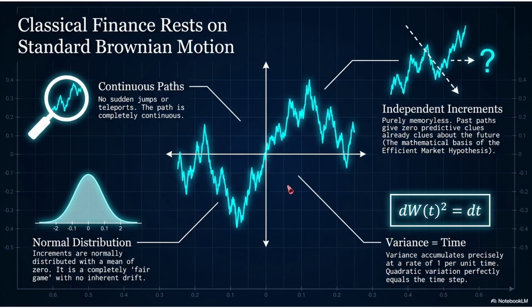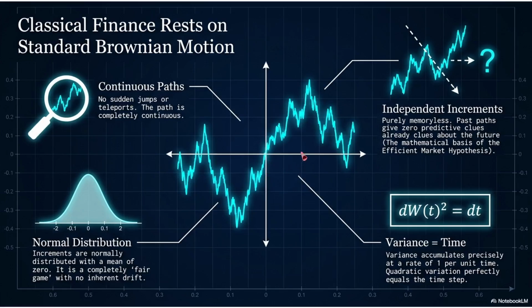As we can see here on the screen, this classic jagged random walk rests on four defining pillars. First, it has continuous paths. If you look at the magnifying glass here, notice there are no sudden jumps or teleports. The path is entirely continuous. Second, the increments are normally distributed. It's a completely fair game built on a bell curve with mean zero, meaning there's no inherent upward or downward